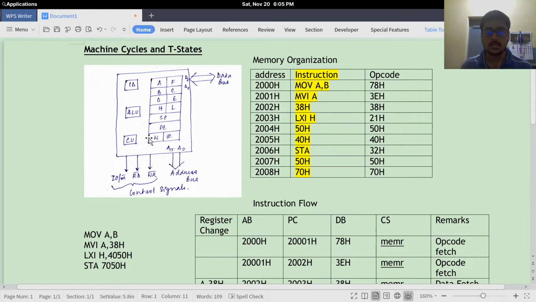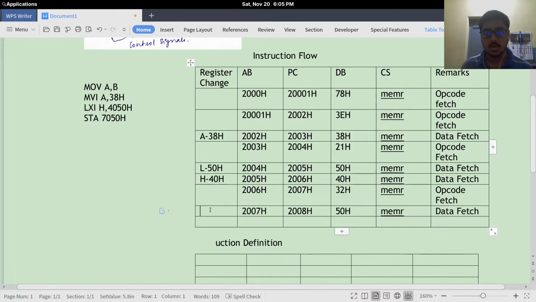This register is not available for programming. It's a temporary register only used by the microprocessor for its own internal uses. Now 50H, the lowest byte, is stored in Z, and the most significant byte is stored in W. So here we give a register change, which is Z contains 50H.